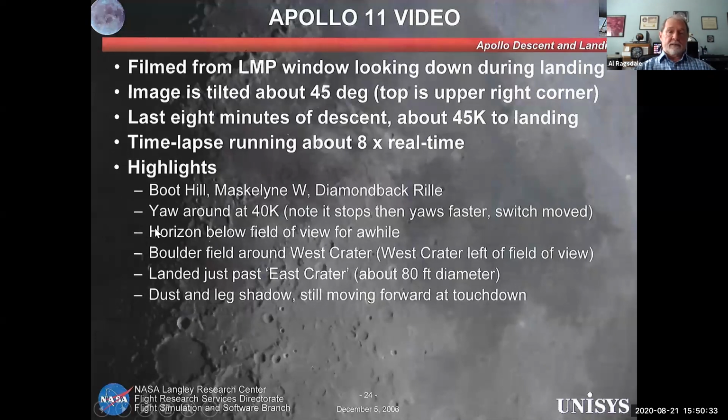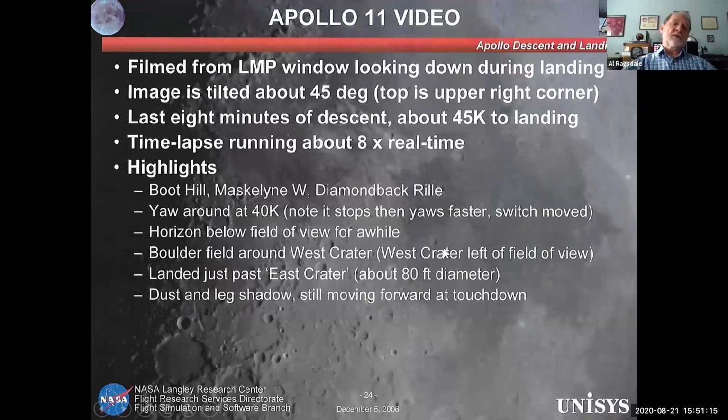Some of the highlights, since history hasn't changed, that you see the same things. Boot Hill is very obvious when you go by it, and Maskelyne W, and then Diamondback Rille. When he came to the Cloverleaf, that's where he did the yaw around at 40K, and you'll notice that it's yawing very slowly, and then it stops and then starts moving faster. He had a switch in the wrong position. So he saw that it wasn't rotating fast enough, and he changed the rate command switch, and it rotated a lot faster. You can't see the horizon for a while, and then as you approach West Crater,